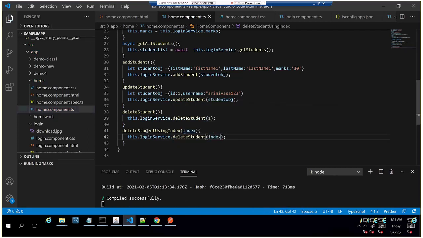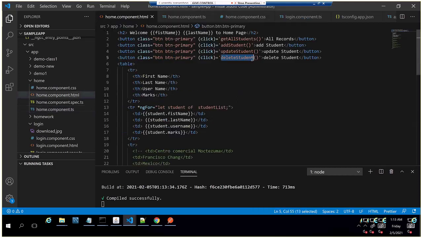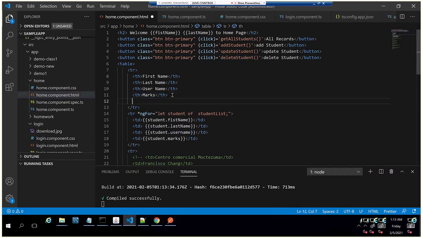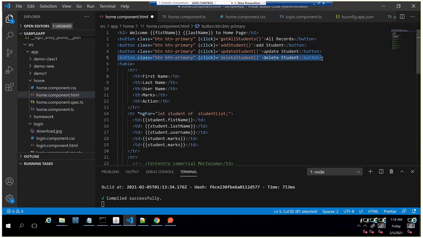Okay, this method I am going to add in our UI by adding a delete button in each row. So for that, I'll create another column with the header Action. Under the header name, you have the button added. I'll create another TD, and inside the TD, I'll add this button, which means for every record, one delete button.